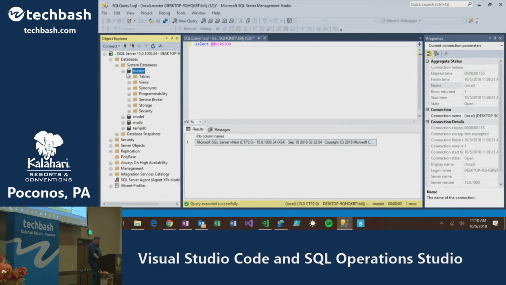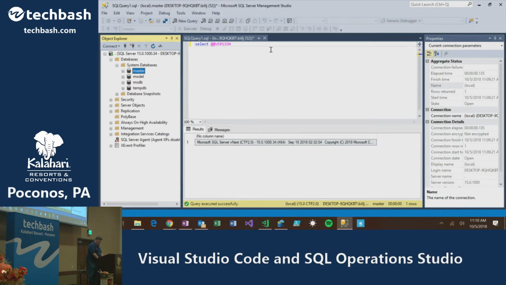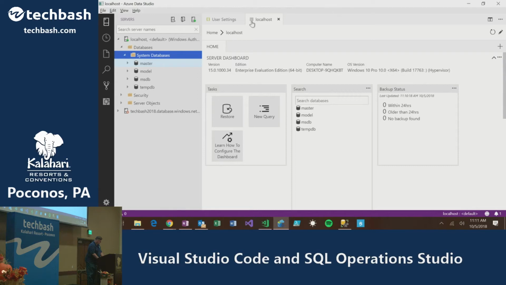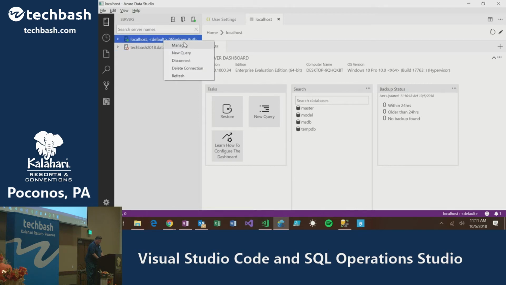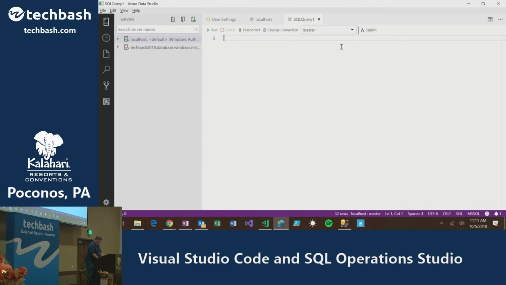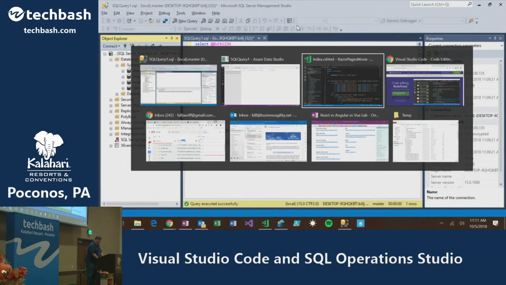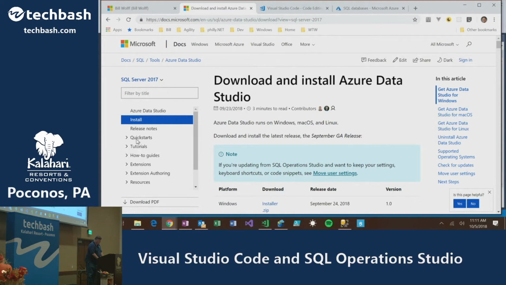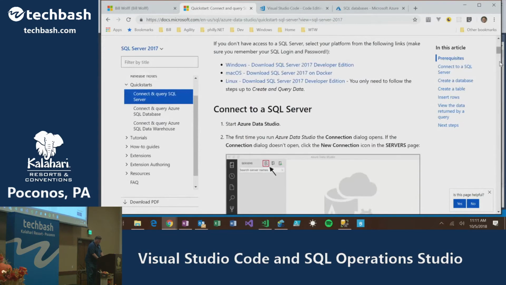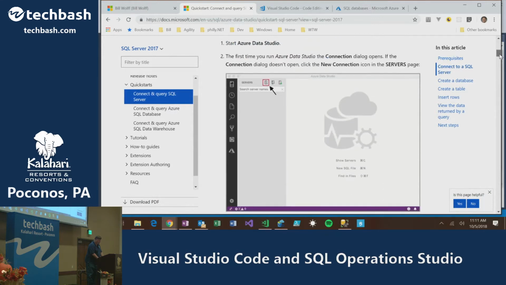Well, this doesn't have any useful tables, so I will show you how to make a table. Let's go in and take a look at that. What I want to do here is make a new query. I could go all the way up to the server and make a new query. And I'm going to cheat and go back to the quick start here, and they have some sample code here and instructions, which you should follow.